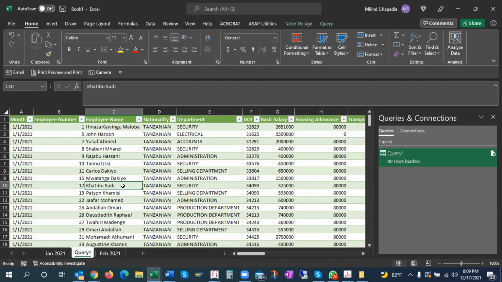Yes, a little confused. Let me go step by step. First of all, when we applied the blank query, the result we got was in one table, right? And that table was nothing but the appended table of 2 months. Right. At the same time, there were 2 more tables? No, not 2 more tables. It was one table only, but rows were increasing because it was multiplying.